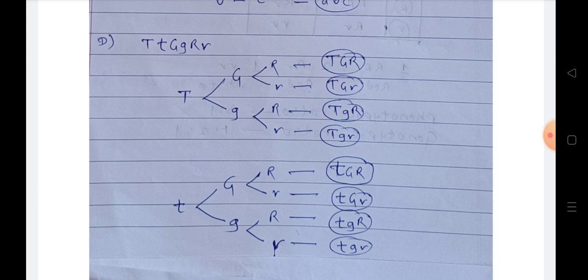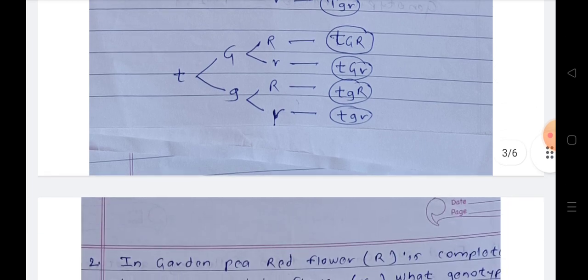So likewise, depending upon the heterozygous gene pairs, we should find out the gametes with the help of the bracket method. 2 genotypes are asked in the examination, 5 marks for finding out the gametes by that bracket method. So this is the first problem which is asked in the examination.